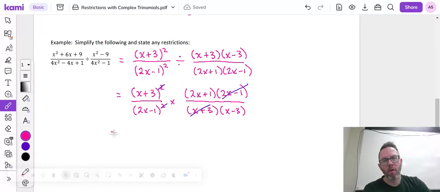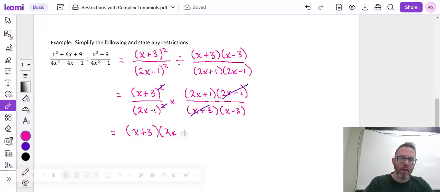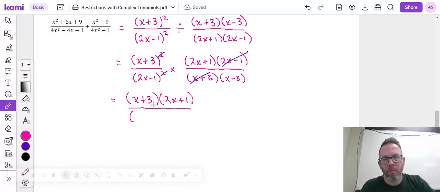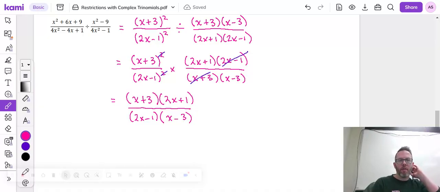And so we are left with x plus 3 times 2x plus 1 over 2x minus 1 times x minus 3. That division is equal to that. They are algebraically equivalent in every way except